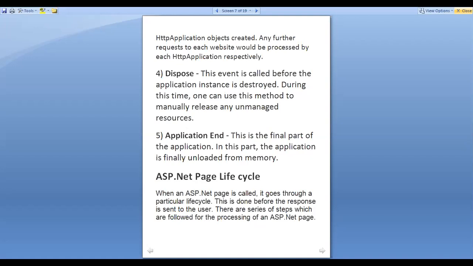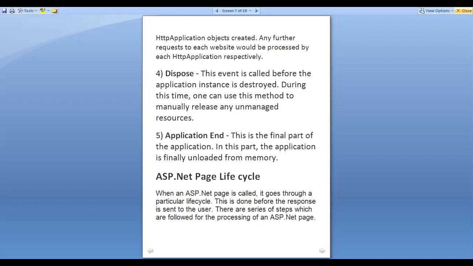Then we have dispose. This event is called before the application instance is destroyed. During this time, one can use this method to manually release any unmanaged resources. Unmanaged resources means what?